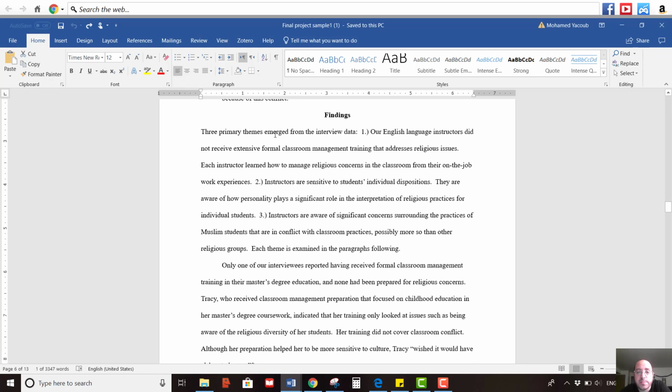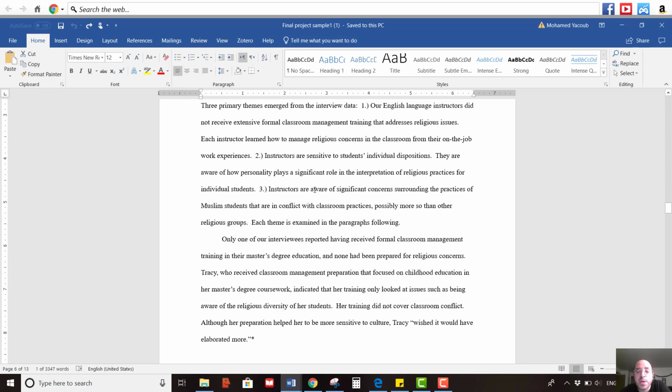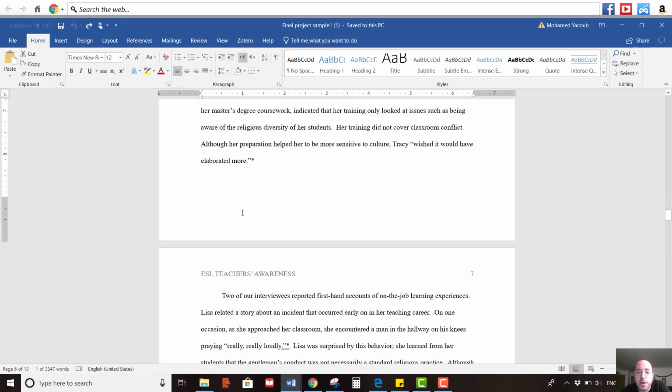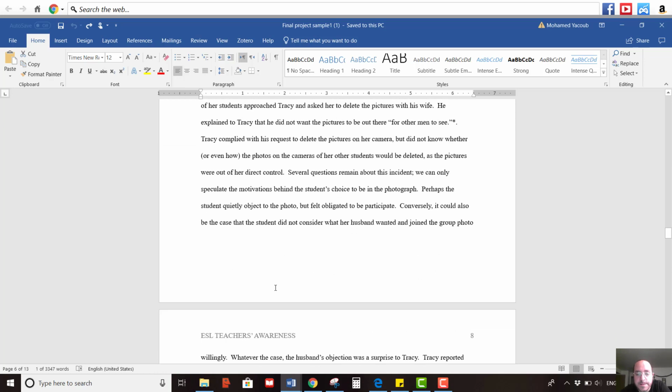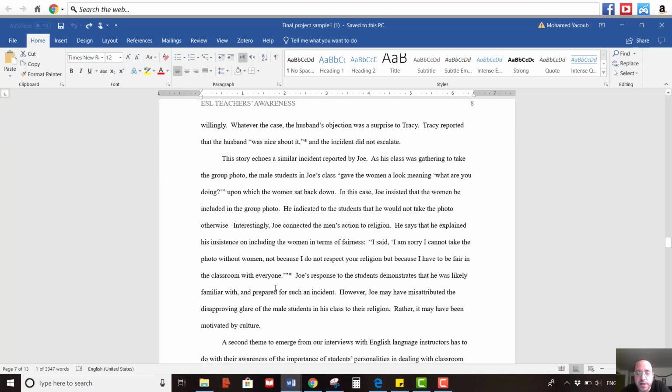Three primary themes emerged from interview data. Number one, our English language instructors did not receive extensive formal classroom management training that addresses religious issues. Number two, instructors are sensitive to students' individual dispositions. Number three, instructors are aware of significant concerns surrounding the practices of Muslim students. Okay, so these are our findings, and then we did a discussion of the findings, as you can